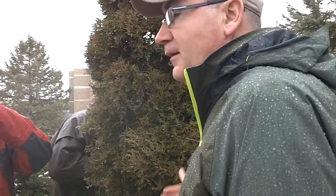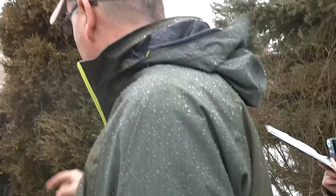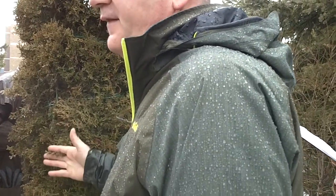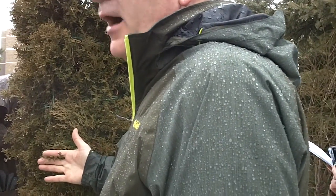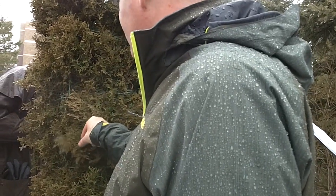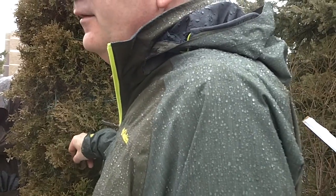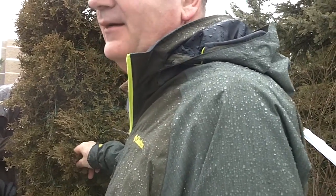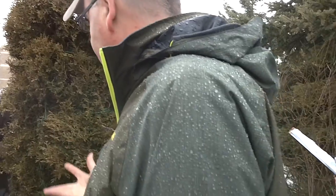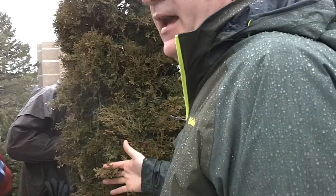You can clip them, prune them. They respond well to that. There is a problem, however, when you're shearing them. If you went along like this and sheared them, you can get browning at the tips. So the absolute correct way to prune cedars is with a secateur, taking off portions of the stem. That is not done in the landscape industry because of the time it would take to do it properly. But just be aware that sometimes when you do shear like this, you can...